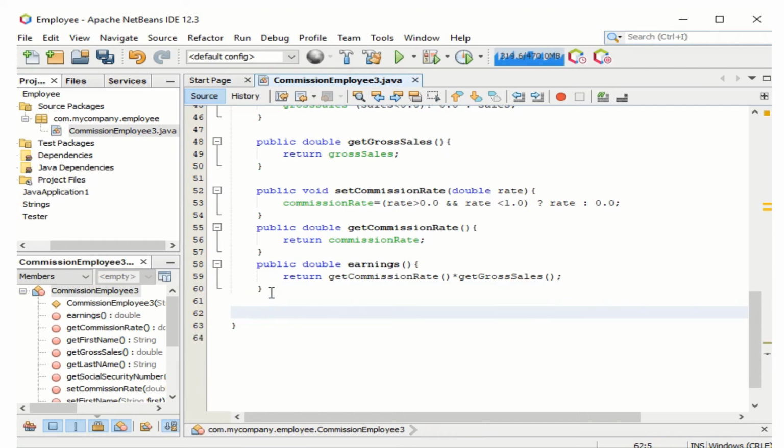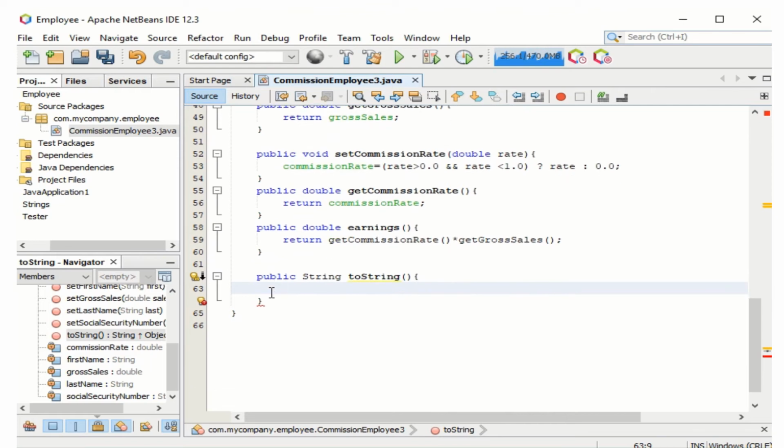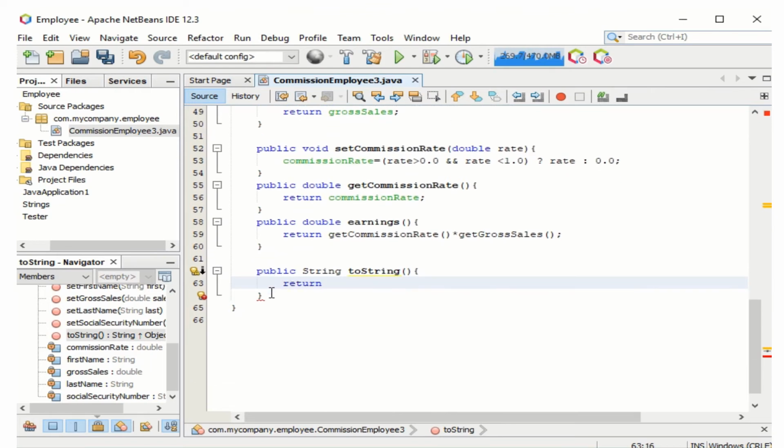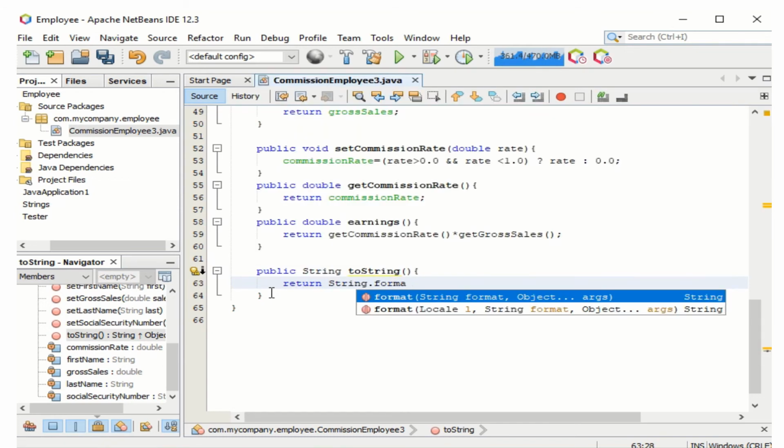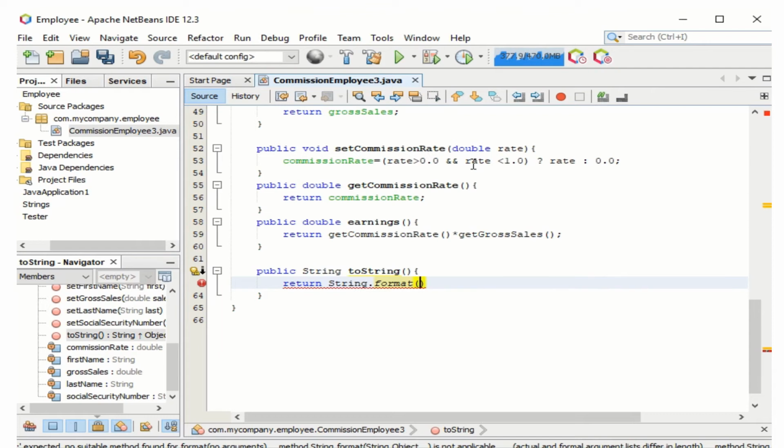And the last method, public String toString, it's going to return a String.format. %s, because they are going to be strings, right? %s